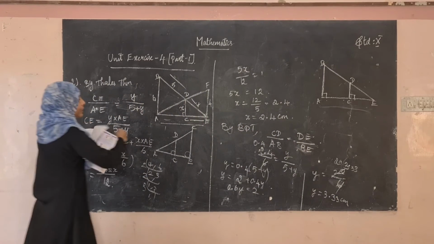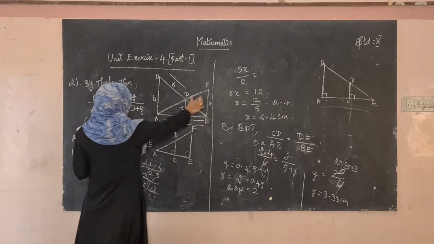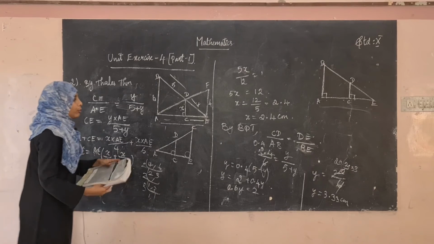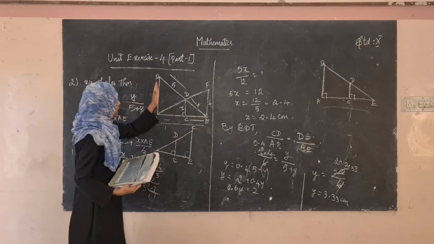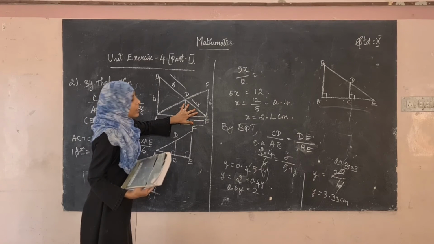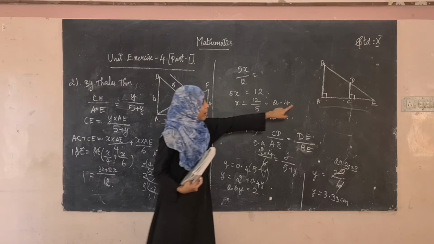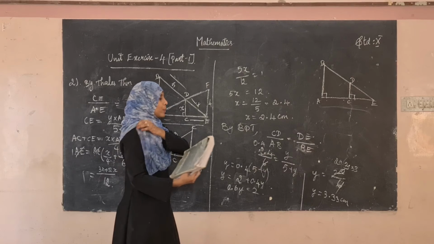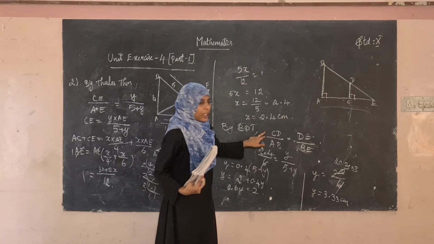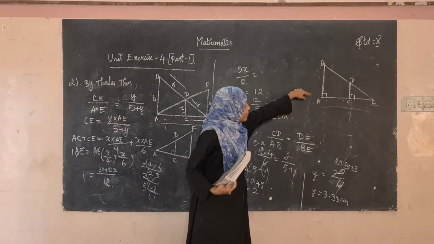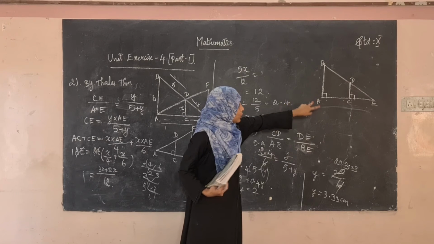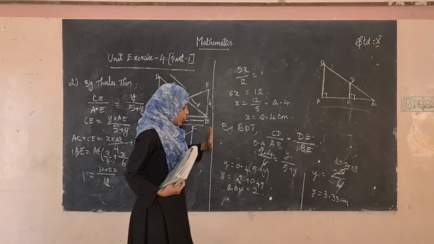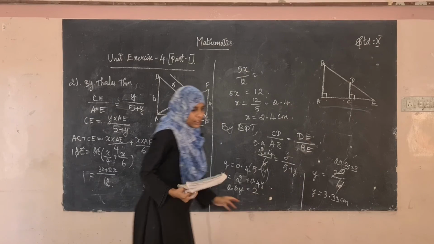We have to find the values of x and y. So from first we took these two triangles and using the similarity concept, we found the value of x. Because we want to find the value of y alone, we are taking this triangle alone. From this triangle we use the basic proportionality theorem, also called Thales' theorem. Because AB and CD are parallel, we took the corresponding sides and the side BE. Using that, we substituted the values and found the value of y as 3.33 centimeter.